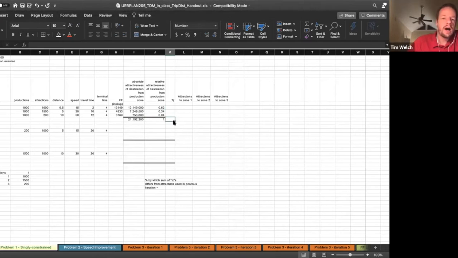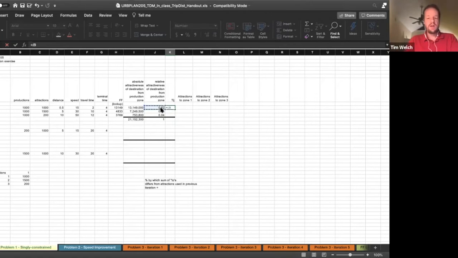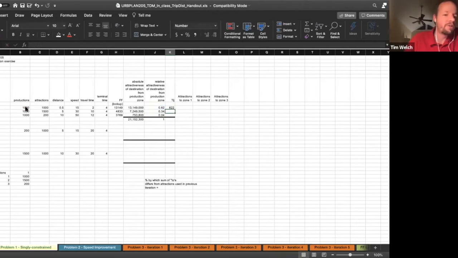All right, so now we just have to distribute those trips. That's simple enough. We just take the percentage of trips that are attracted, the relative attractiveness, and we multiply it by the productions, so the number of trips that come out of the zone. 622 trips between 1 and 2. We have